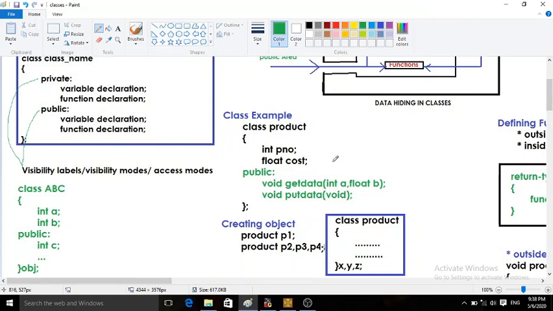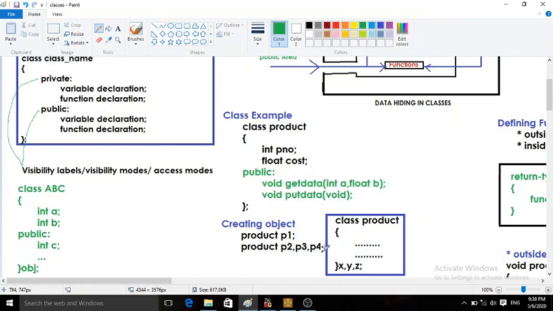It is just a template which specifies how much amount of memory will be required when the object is created. So when P1 object is created, by following this template as per the requirement, that much amount of memory is allocated to P1.